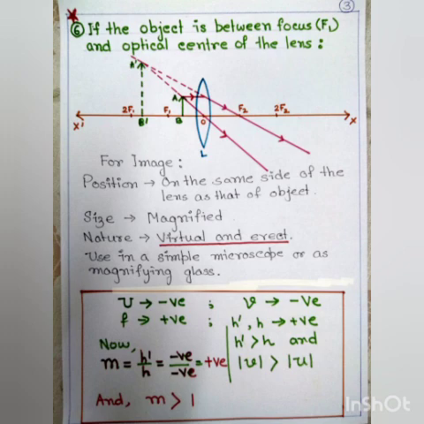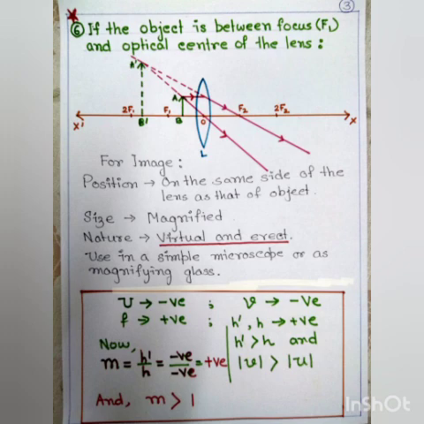Here always, as we have discussed before, object distance is negative, but see, this is the only situation where image distance v is also negative. F, as usual, f is positive. Now see, here both h prime, that is height of the image, and h, that is height of the object, both are positive as they are above the principal axis.